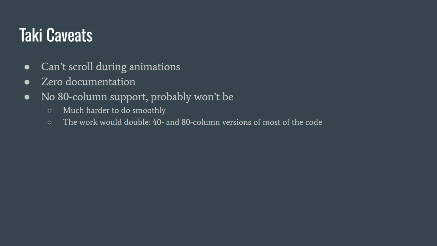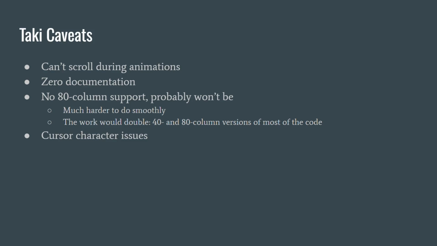Another issue is the cursor character. You may have noticed that it's the old school cursor from the original Apple II and Apple II Plus. But the cursor currently looks that way on an Apple IIe or later as well. No matter what Apple model you're using Taki in, that's the cursor you get while Taki is running. Why? Well, the original Apple II just uses flashing characters for the cursor, which rely on a hardware timer that stays very consistent, while the IIe and later models use software timing to show and hide a non-flashing character. The problem is that if animations are running, they will necessarily slow the cursor flash down. If it's done in software, the effect would be pretty janky.